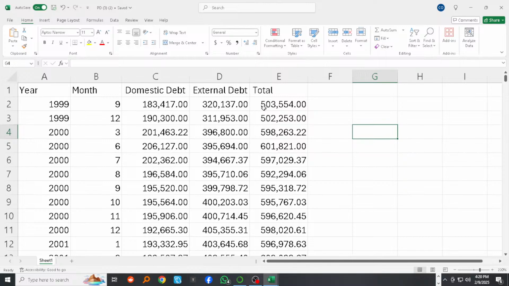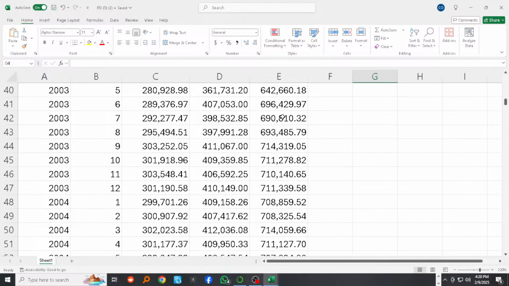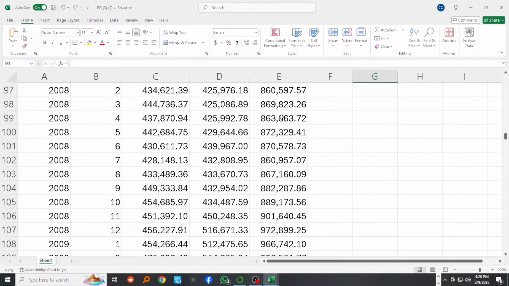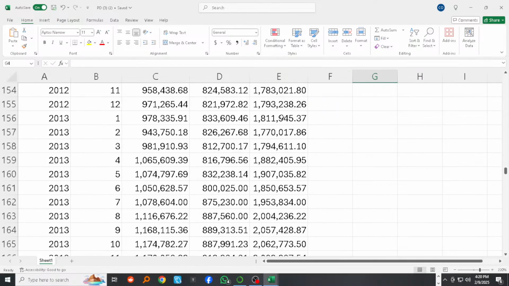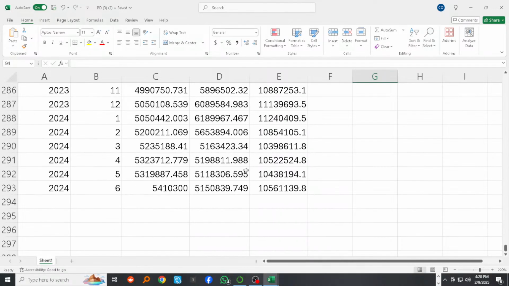So our total debt was 500 million in 1999. But then this trend continued. We see the months of borrowing and the year of borrowing. This has continued up to the last data set that we have, which is 2024